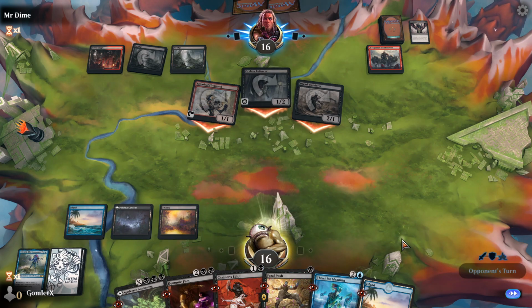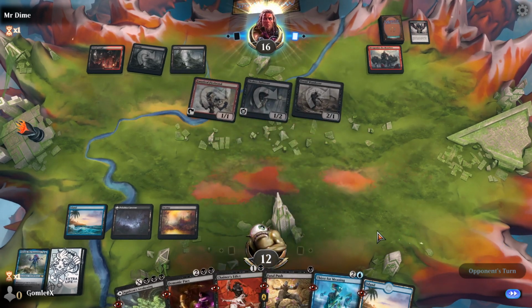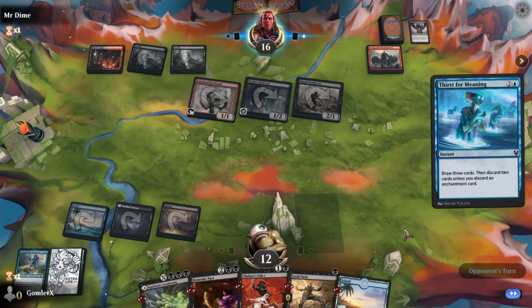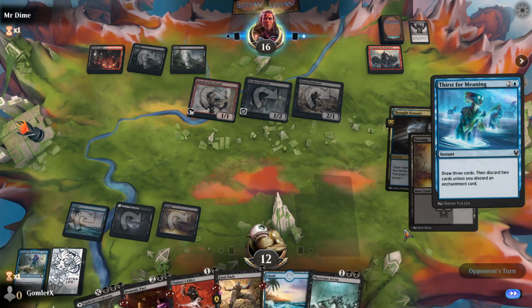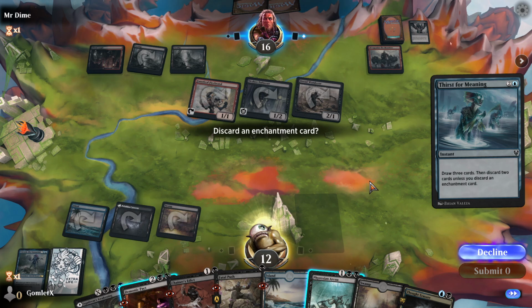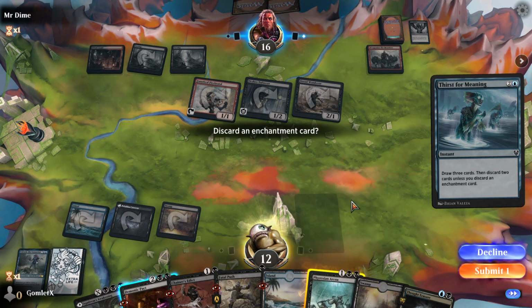We're going to take that all down to 12. Pretty likely to just get aggroed out here, but I could draw into a Languish or something. Another good reason for not just dropping Thirst for Meaning. I don't think Phyrexian Arena is going to be good in this game. It's just going to be too slow and it's going to be hitting me for a lot,